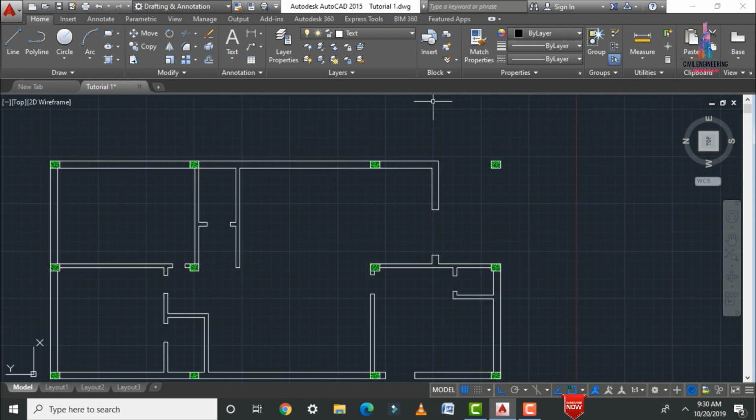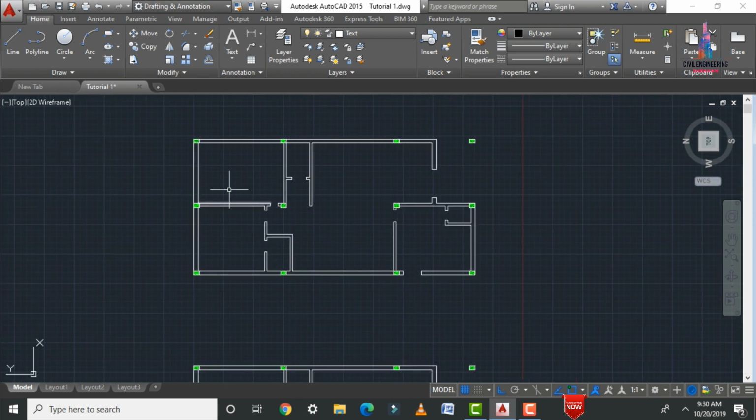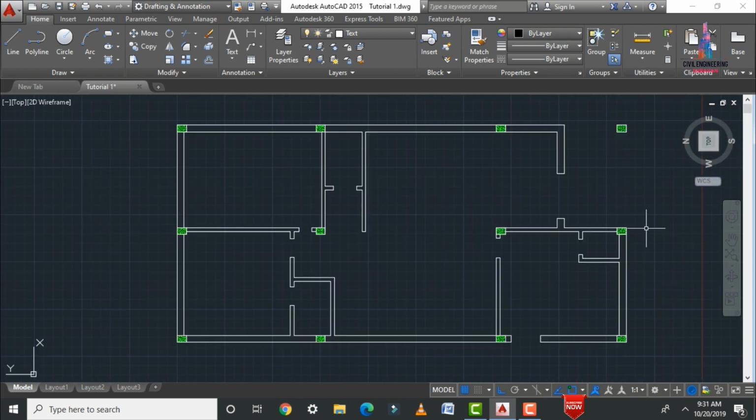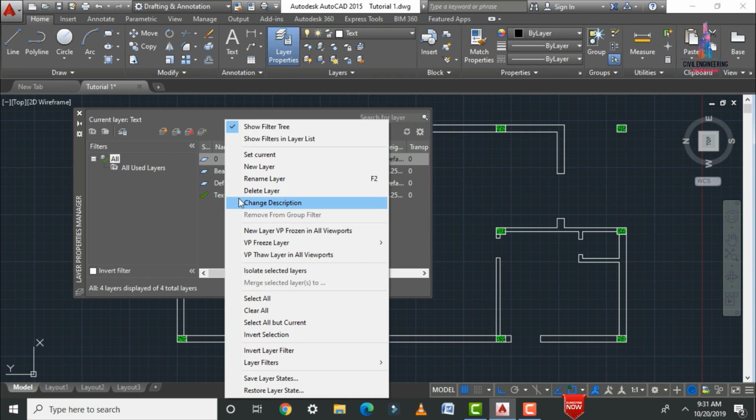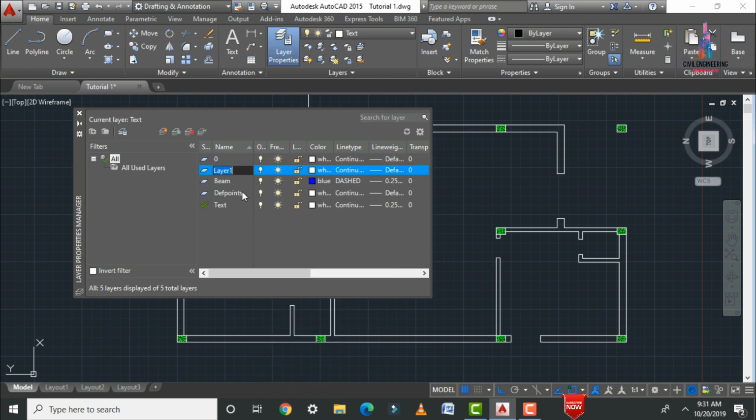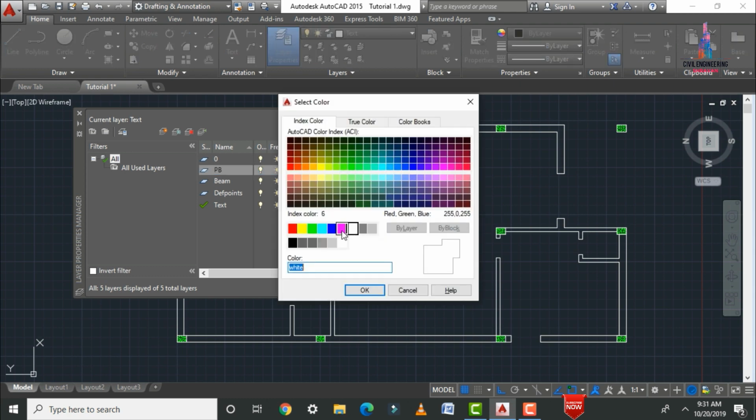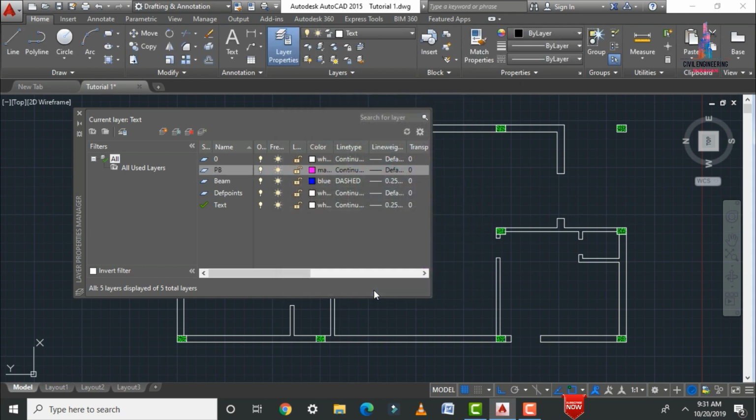After that we have to add the beam sections related to the plinth beam sections for this floor plan. Before applying the plinth beam sections, we need to create the layer related to the plinth beam section. For that, firstly we have to click on layer properties here. Here we have to select the new layer property. Initially I'm naming this layer PB, let us consider plinth beam. Here we have to change the color as per your considerations. Here I'm taking, let us consider, a pink color. Click on OK.